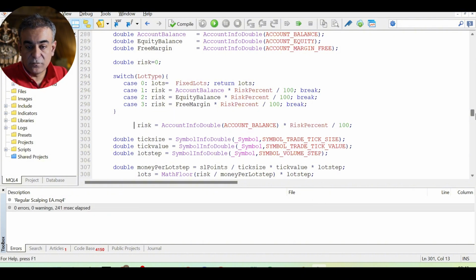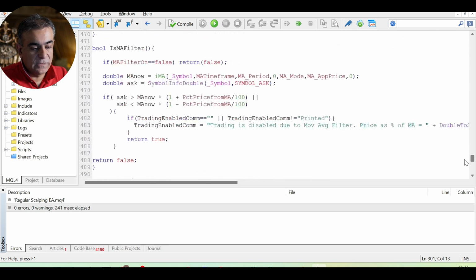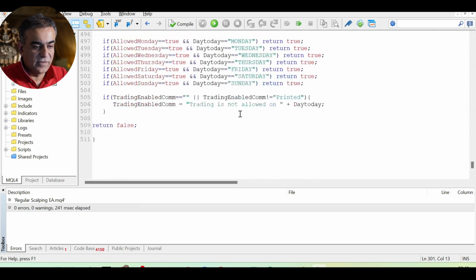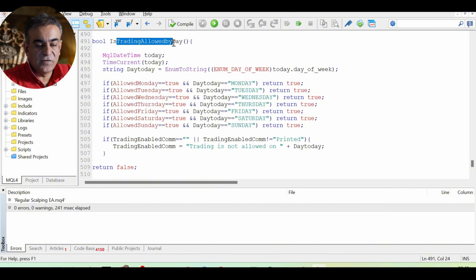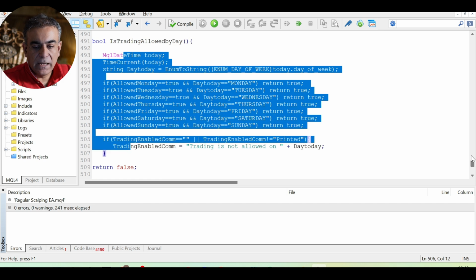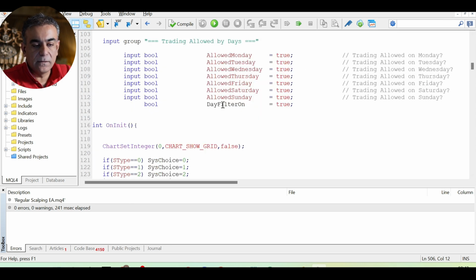Now one thing which I forgot to do, and which wasn't caught by MetaTrader in the errors, is because once again MetaTrader only looks for syntax errors. It doesn't look for logical errors. So we defined this is trading allowed by day function, and we put all of the variables here, but we didn't use that function anywhere. But MetaTrader is not going to force us to use it, so there are no errors, but there is a